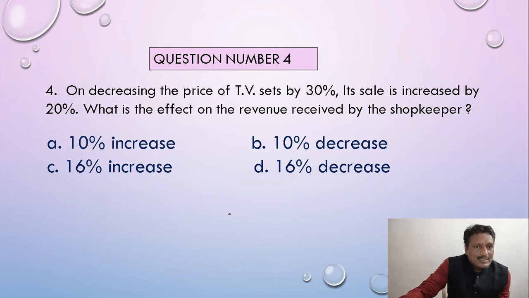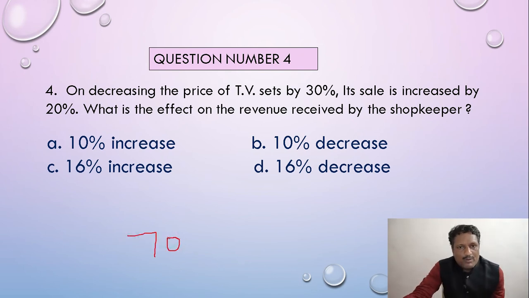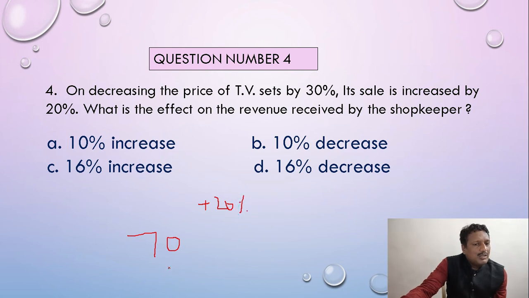So just 100%, 30% decrease means the value is 70. So here 70. Okay, without the fractions model. Now it increases by 20%. Okay, this is a 20% increase. So again we have to consider this 70, the numerical value, as 100%. In this 70, 10% is 7, 20% is 14. So 20% increase means 14 increase.